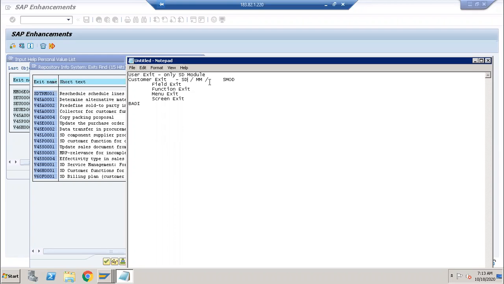Okay, SD, FICO, or PP, whatever it is, all modules. There is no restriction for customer exits. Okay, for all modules. So, to find out